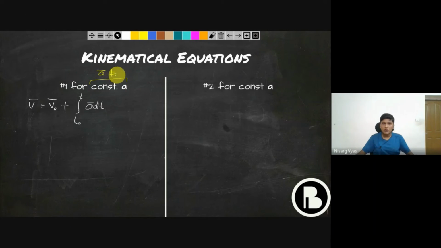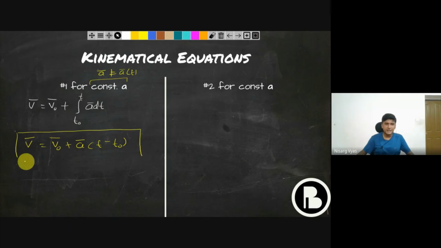So in that case, you can take it out of the integral and solve this integral very easily. V equal to v naught plus a times (t minus t naught),